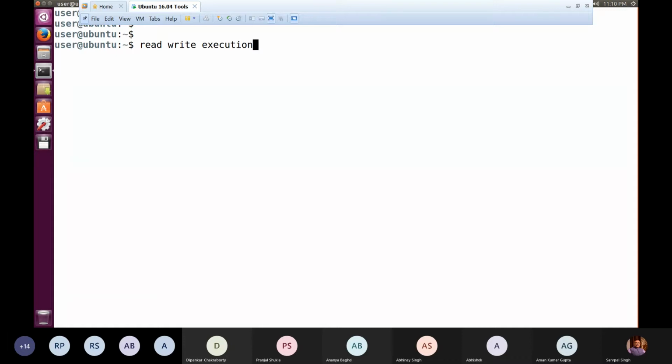It is very important to understand the implication of these rights over different regular files as well as directories. When we say a regular file, that means all kinds of files excluding directory files, because in context to directory files, the execution permission has a different meaning. As I discussed earlier, when we revoke the execution permission from a directory, we are making that directory unavailable to be used in any path.